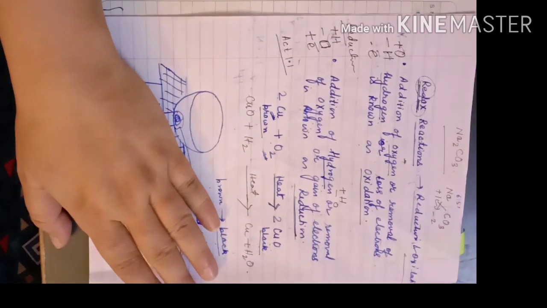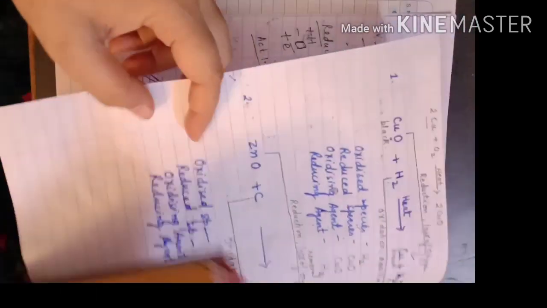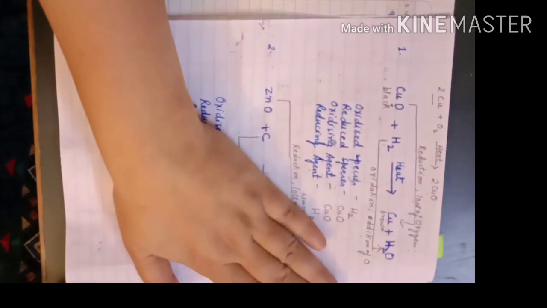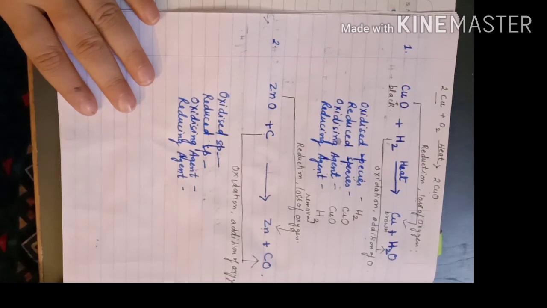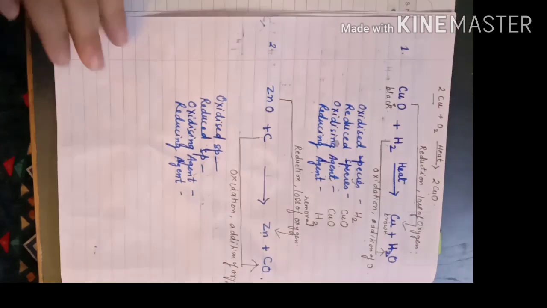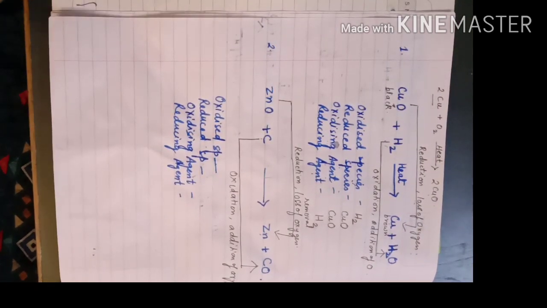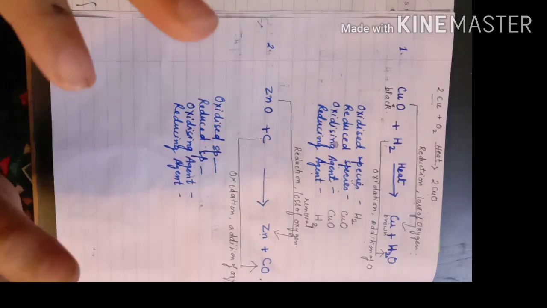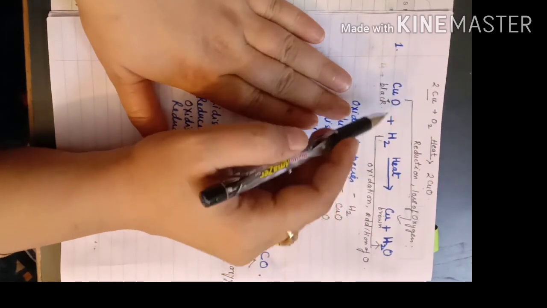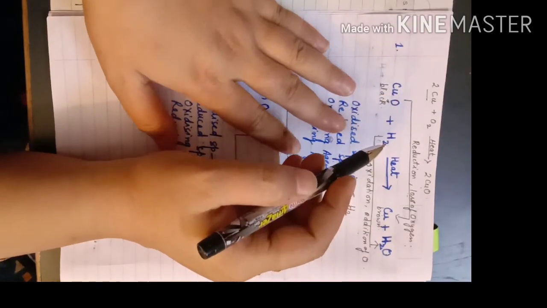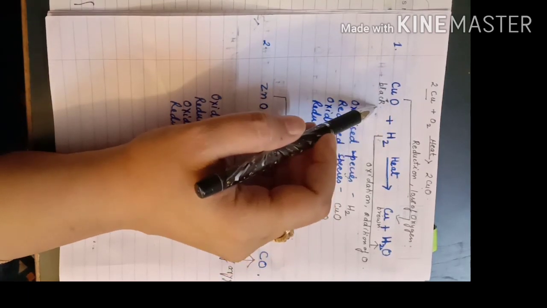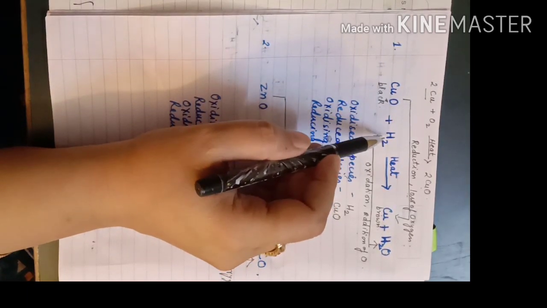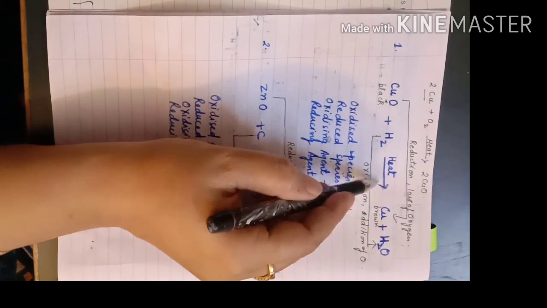So let's start. I hope it's clear to you that one reactant gets oxidized while the other gets reduced during a reaction, and such reactions are called oxidation reduction reactions, or simply redox reactions. Starting with the first equation, which I have discussed with you in the form of an activity: we obtained copper oxide, and now we are passing hydrogen gas over it and heating it.